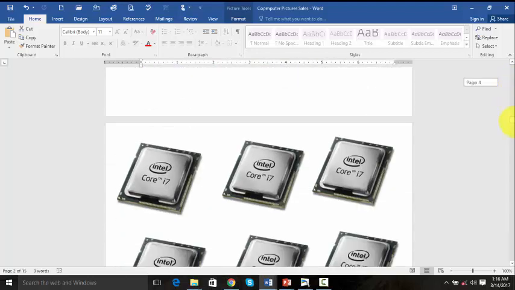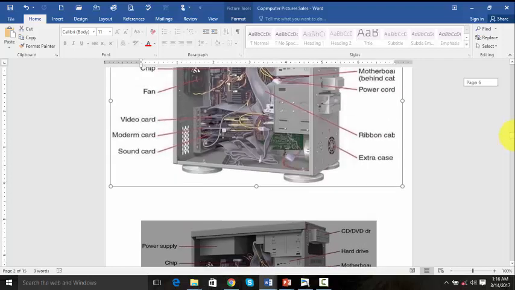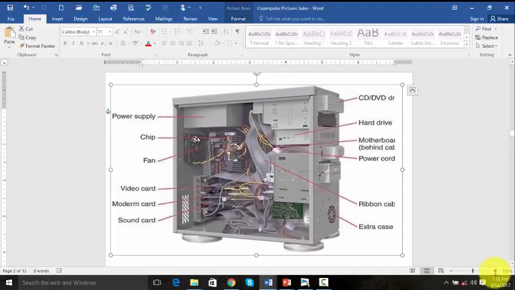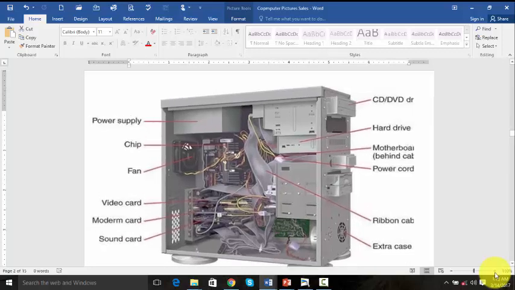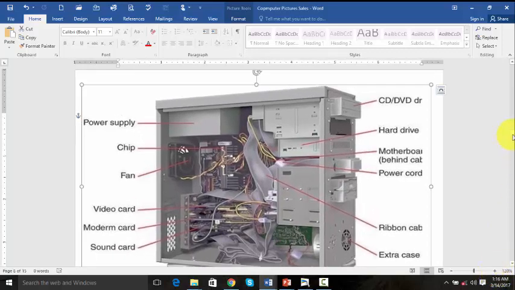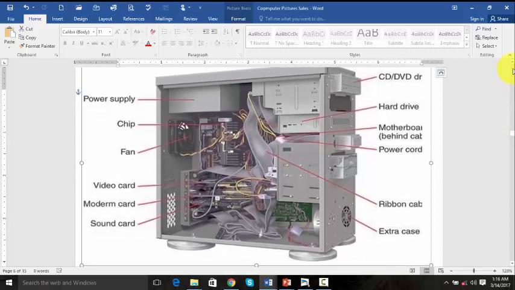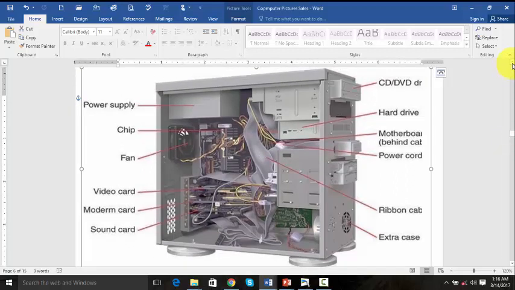Now, if we look at our picture here, this picture is giving us something. So let us just zoom it a bit so that we are able to see what is there. Okay, I'm sure we are able to see what is there. So now we are discussing hardware. We have the internal hardware. These are components of the computer which are found inside the system unit or system box.